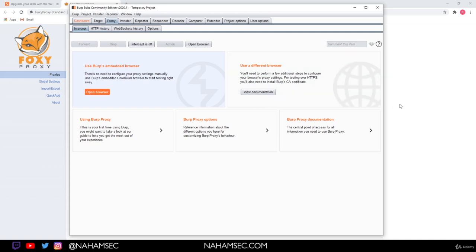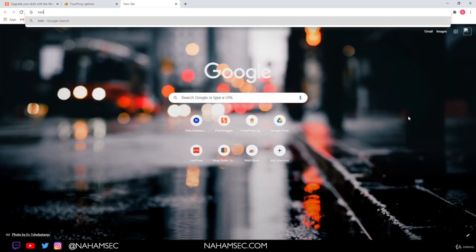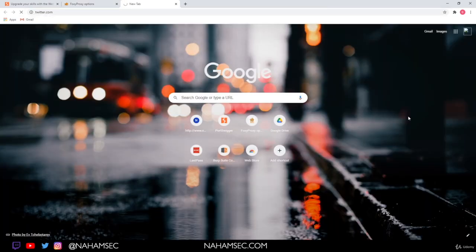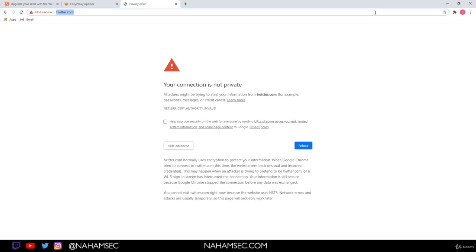Since we haven't installed the Burp Suite certificate yet, when we go to any website that uses SSL, the browser is not going to trust it because it doesn't know what to do with that request. So for example, if I go to twitter.com, the browser is going to come back and say, wait a minute, this connection is not private, something is up, are you sure you want to proceed? But we can actually install the Burp Suite certificate by going to